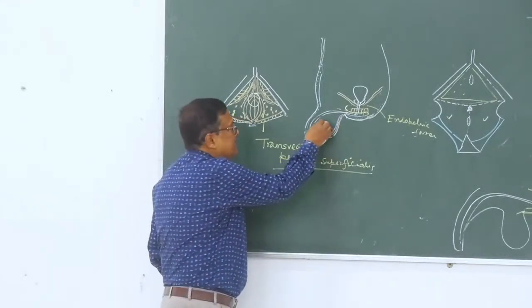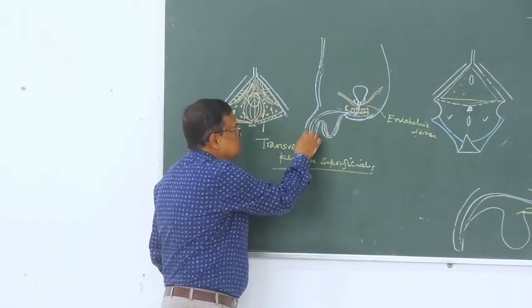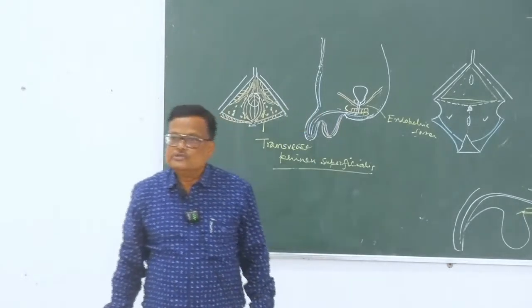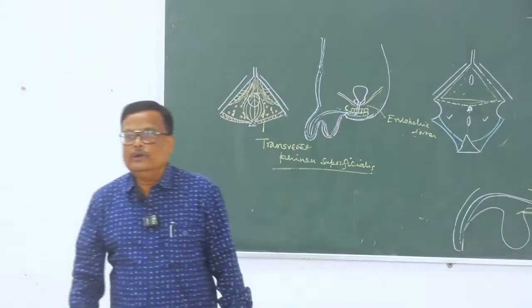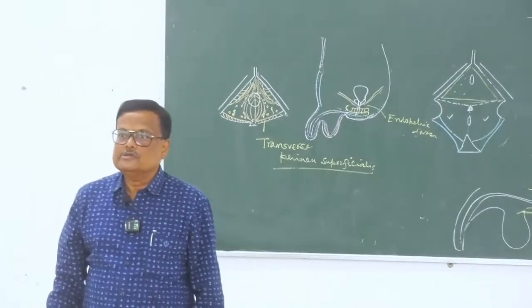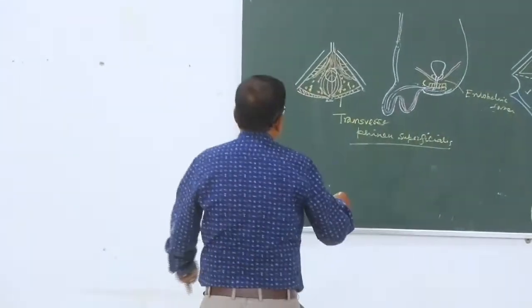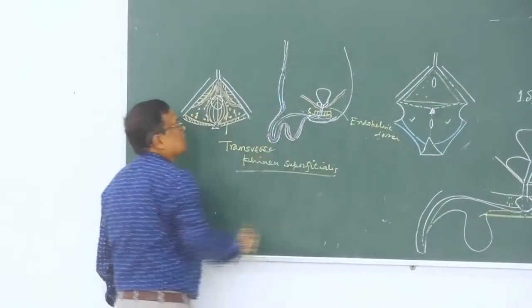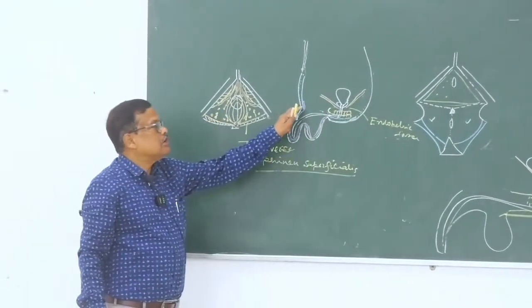Then it enters the perineum deep to the fascia of the penis and swells the penis. পেনিসটাও ফুলে গেল ইউরিনে, deep to the fascia of the penis. Then it enters deep to the fascia of Scarpa